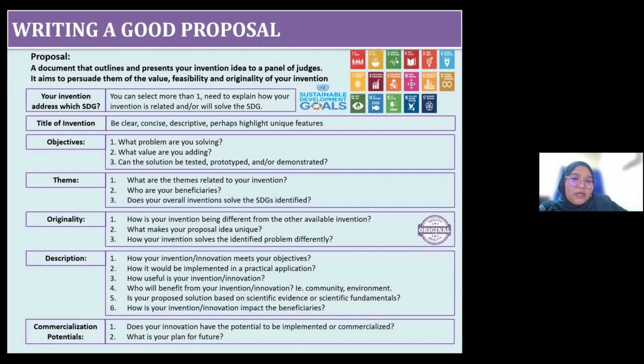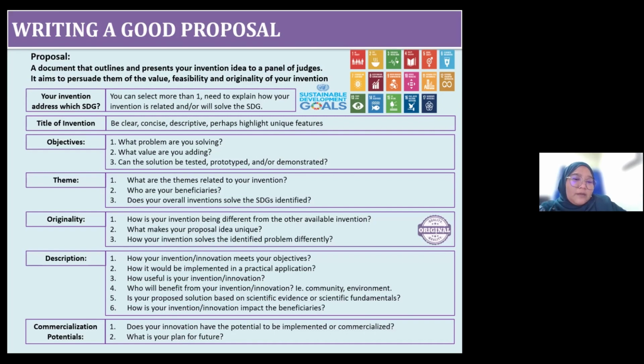So originality can be in terms of giving a new idea, or probably enhancing the methodology, for example, or being cheaper in costing by using different material or recycled material. Those are what have to be spelled out, the originality or the differences between the existing product and the one that you're going to produce, or what your innovation is about.